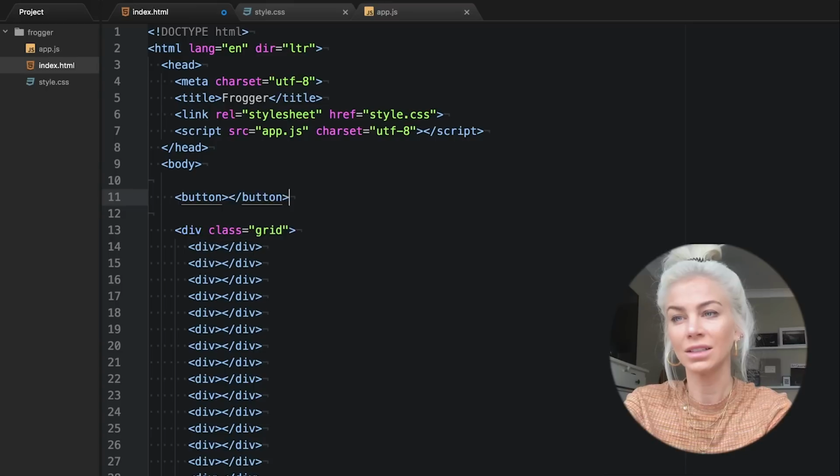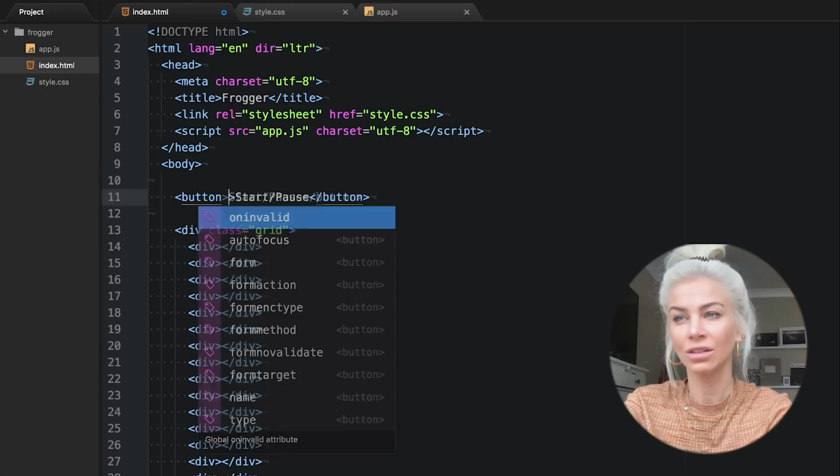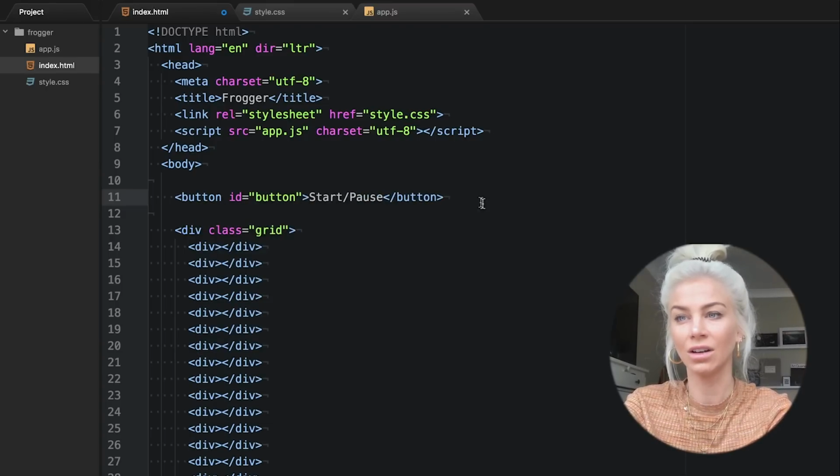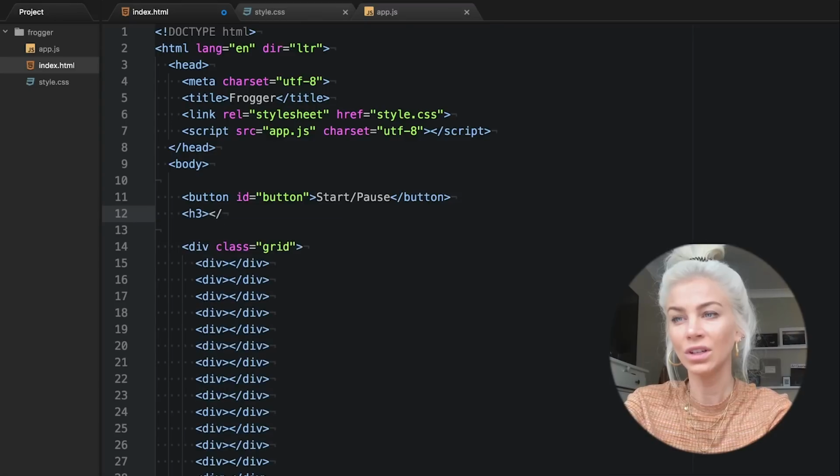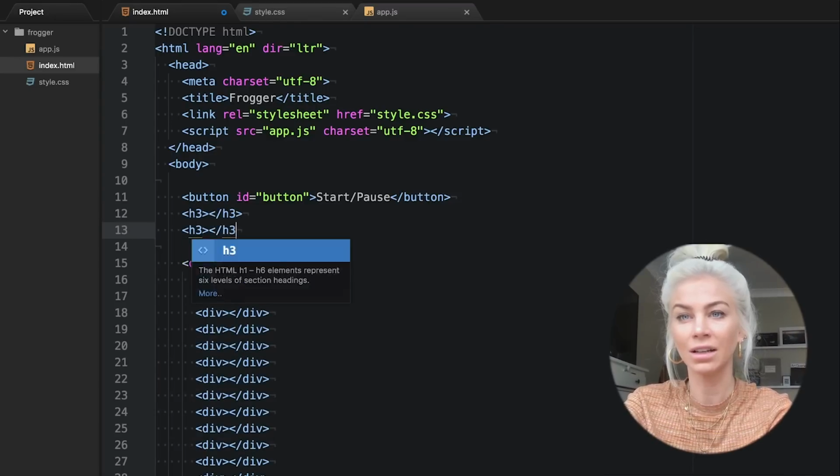Let's add the start button and h3 tags too, giving them unique IDs instead of class names. I am also going to hard code the time left to display as 20.